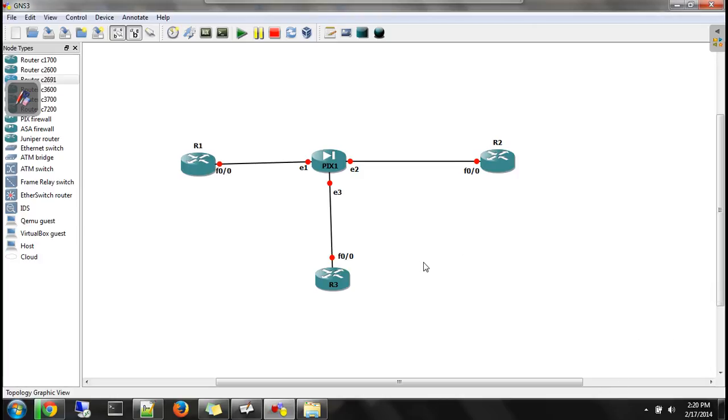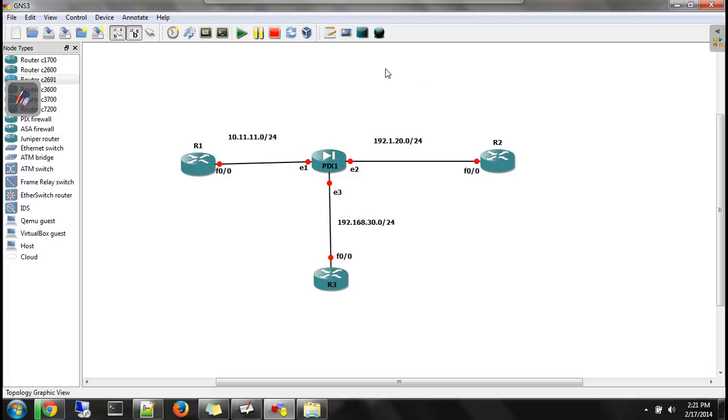Okay, so this is the topology that we'll be setting up. I'll assign, say, network 10.11.11.0/24 over here. I'll keep a public network here, say 192.1.20.0/24 here, and I'll use a private network 192.168.30.0/24 over here.